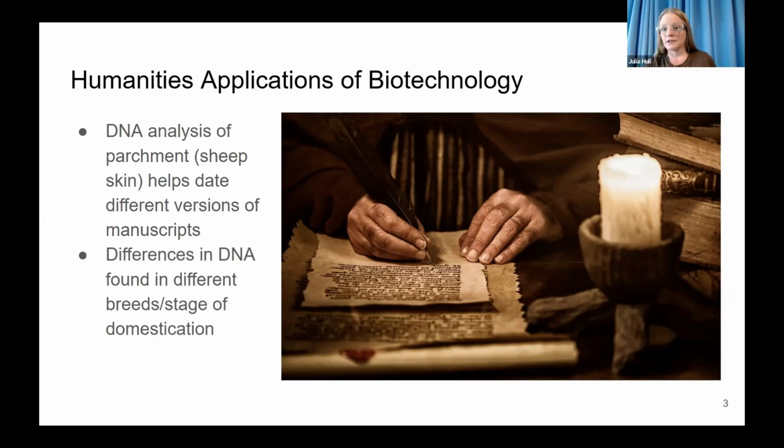Most of these old manuscripts were written on parchment, which is made from the skin of sheep. What we can do nowadays is take these different manuscripts and take a little corner and extract the DNA that's left hanging around in those sheep cells that make up the parchment, do DNA extractions, sequence the DNA, and compare the DNA sequences to determine what breed of sheep was being used to create this piece of parchment,